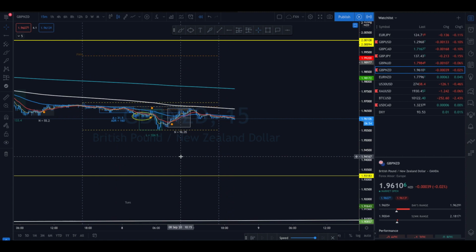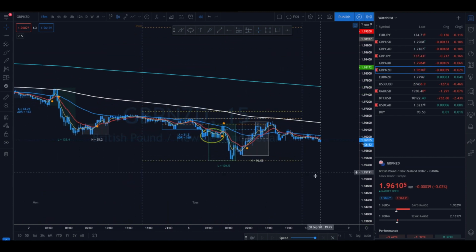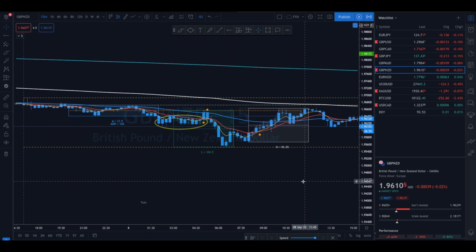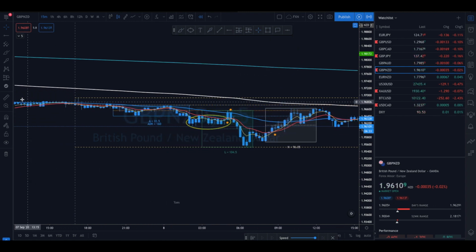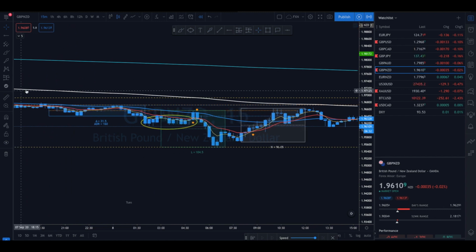But you ended up getting a type 3 setup on pound NZD during London. And you actually end up getting a reversal as well. As you can see, first leg here, second leg right on the inside of the US session, crossover happens, and you went up another 90 pips or so. So about, from this particular trade here, you're looking at